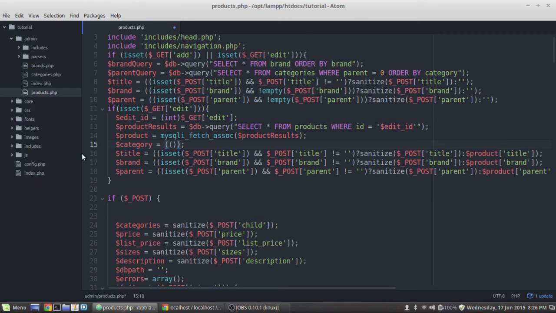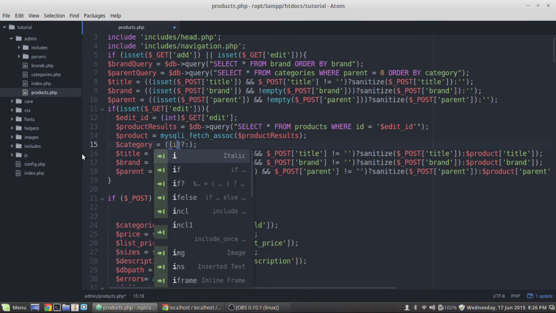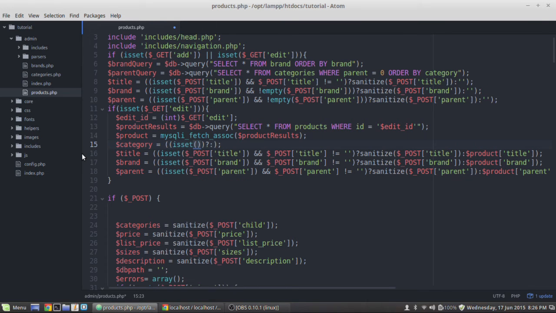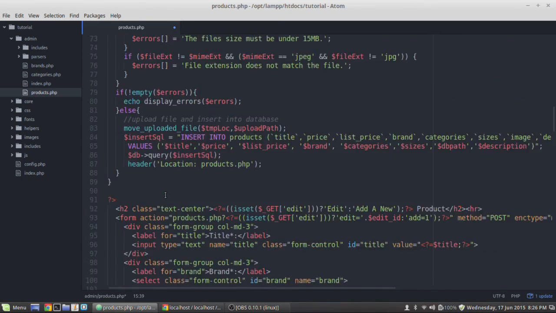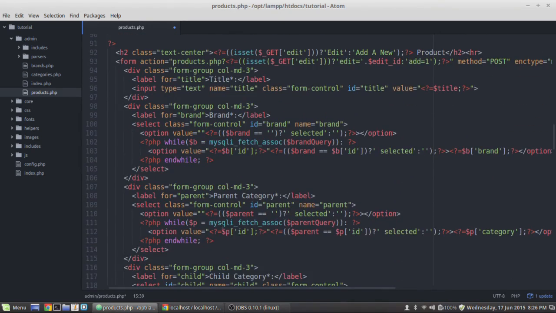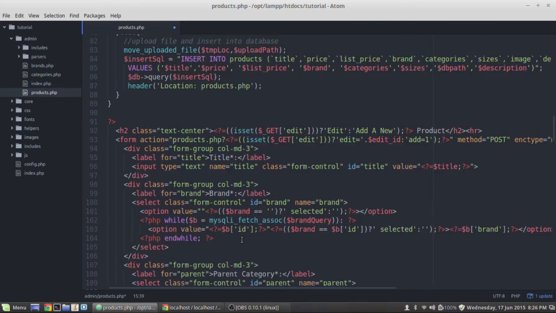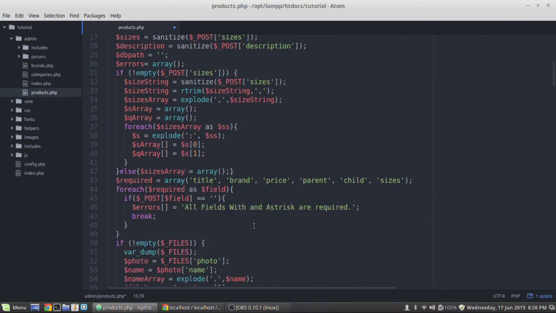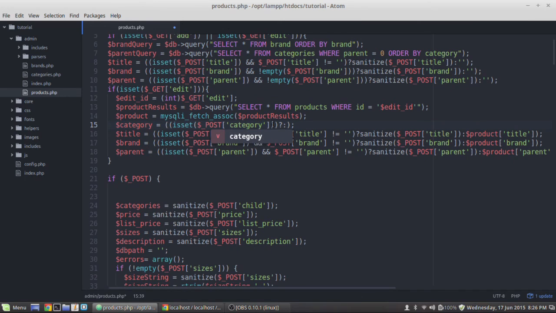and we're going to say isset $_POST category, and let's go and look at our form and make sure that's correct. So we're looking for our child right here, and we actually call that child. So we're going to change that to child. If that is set,